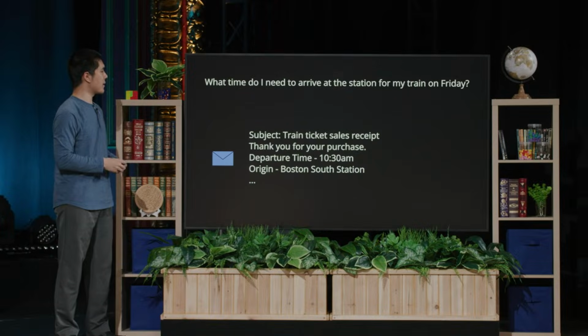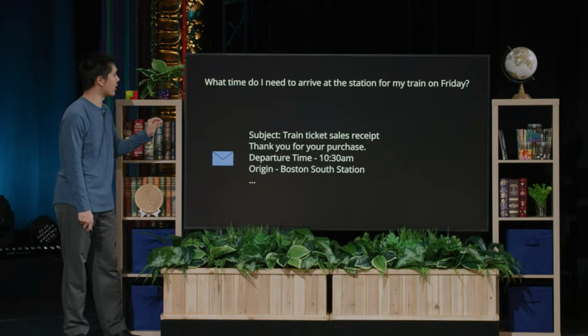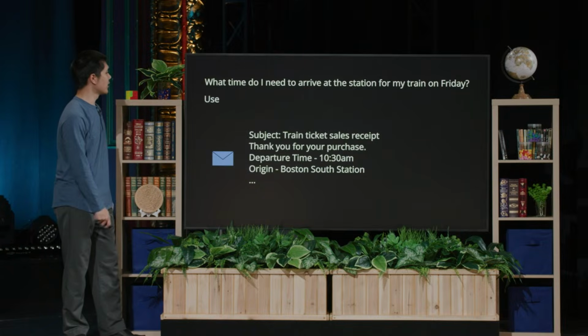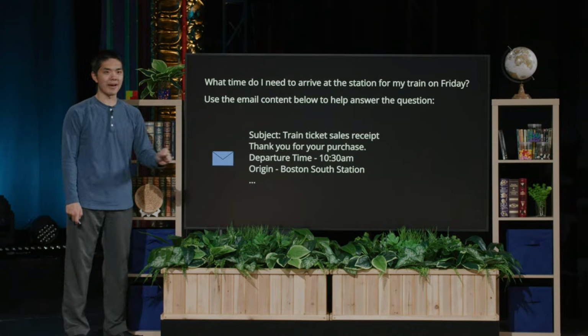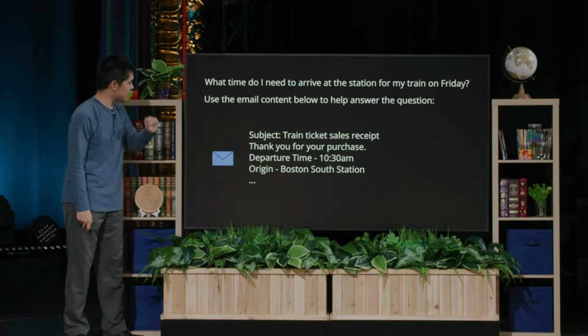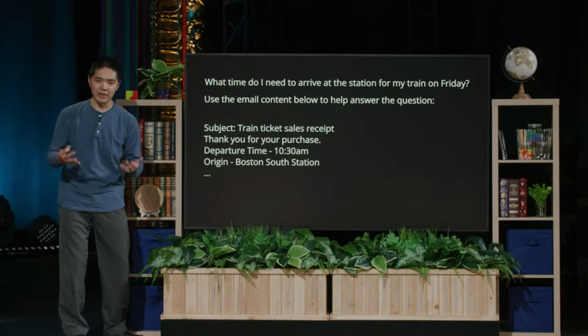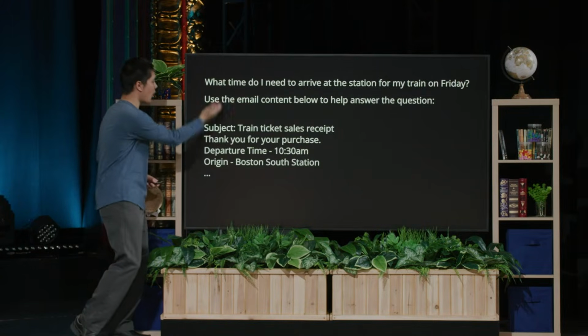I could use to give to AI to help it figure out when I need to be at the train station. And so what I might do is take the contents of this email and make it part of the prompt, part of the input that I'm providing to AI. So I could say, in the prompt, use the email content below to help you answer this question, then take the content of this email and make that part of the prompt now instead. So what I'm giving to the AI is not just this initial question, but